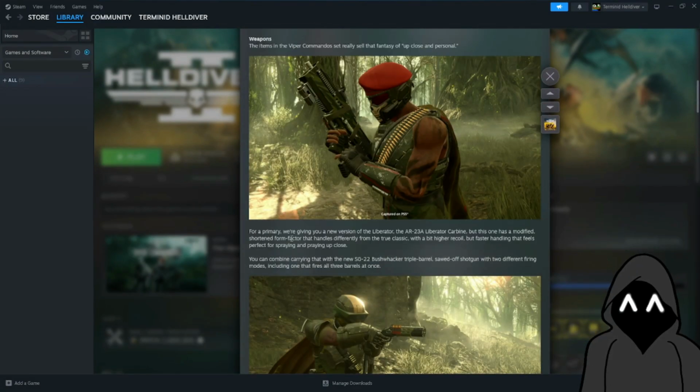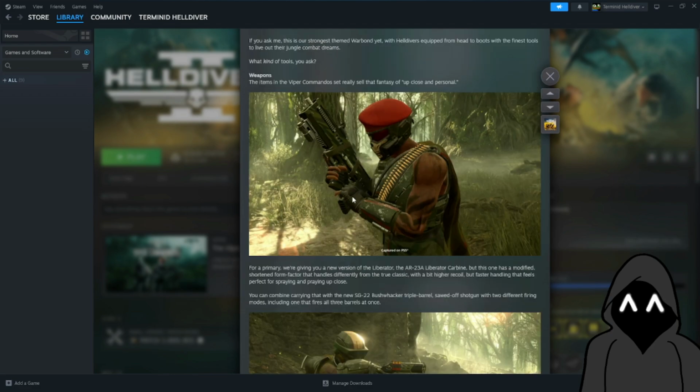For a primary, we're giving you a new version of the Liberator, the AR-23A Liberator Carbine, but this one has a modified shortened form factor that handles differently from the true classic, with a bit higher recoil and a faster handling that feels perfect for spraying and praying up close. So this is cool. I'm not really that interested in it, but I'm sure there's people out there that would